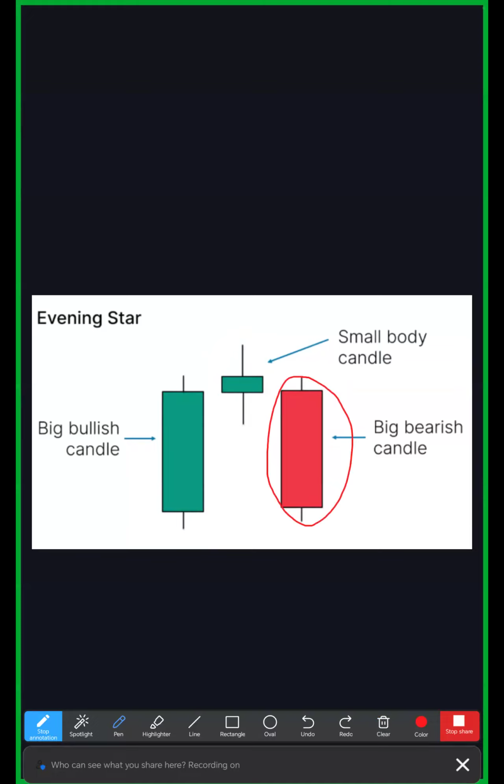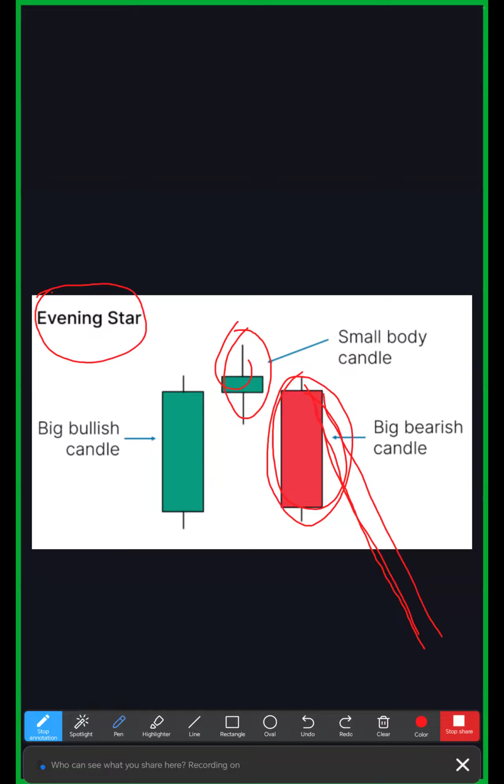It tells you that, oh, my friend, what was happening here? Here is the result. So this tells us that the market is changing what? Trend. The trend is changing from upward to downward. That's why we are saying the evening star pattern is a market reversal signal to the downside. It is identified mostly at the top of an uptrend, right there on top, since the market was trending upward. So at the top here, when the market has been pumping,